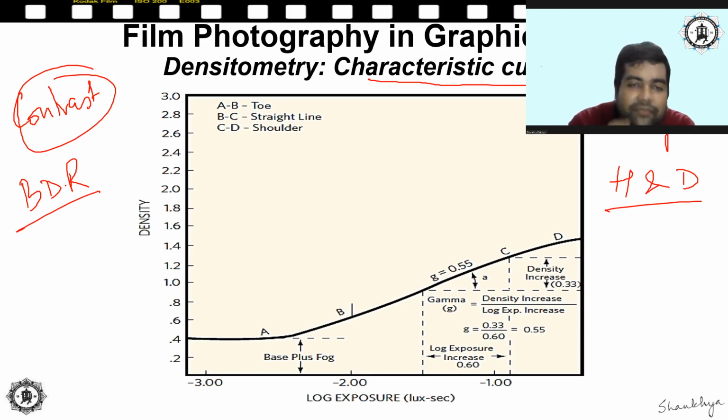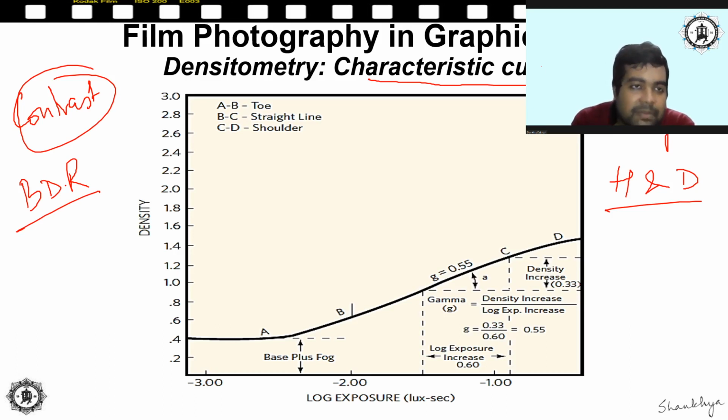So when a film is, we use the term contrasty. Contrasty means that with a relatively lower amount of exposure, the level of development of the latent image formation on the film increases with a relatively short amount of exposure time, right? So if a film is contrasty, then it requires a relatively small amount of time for exposure.